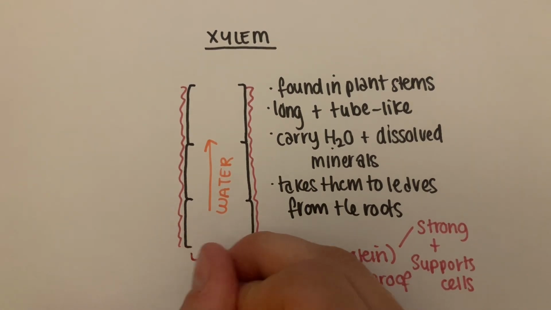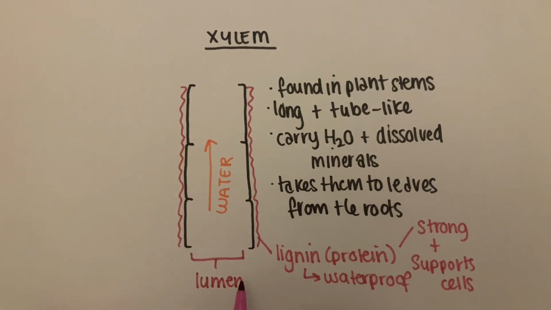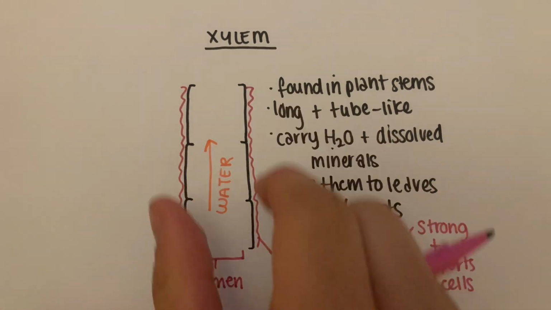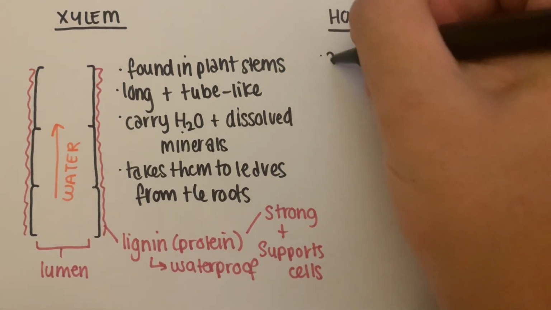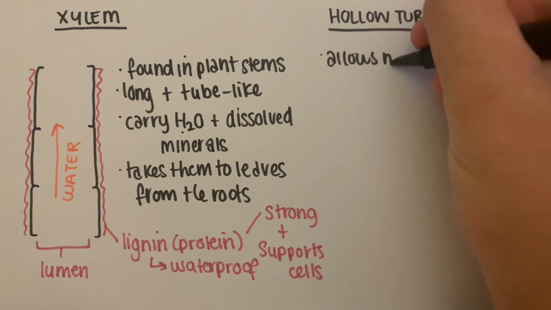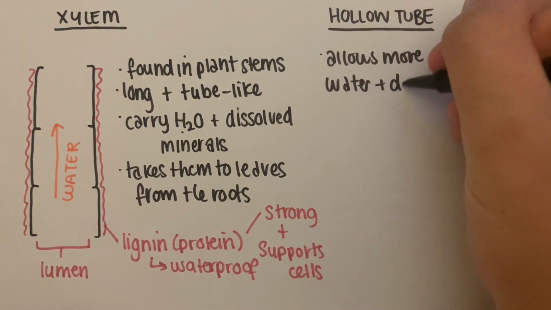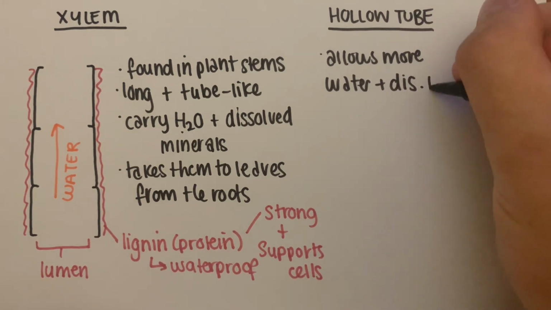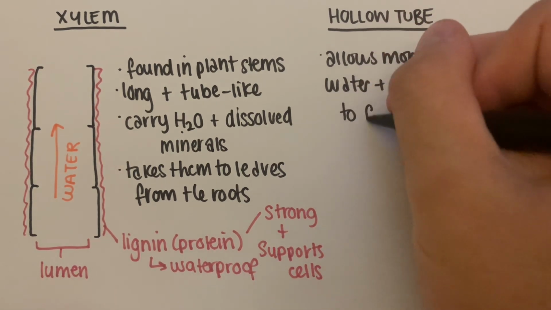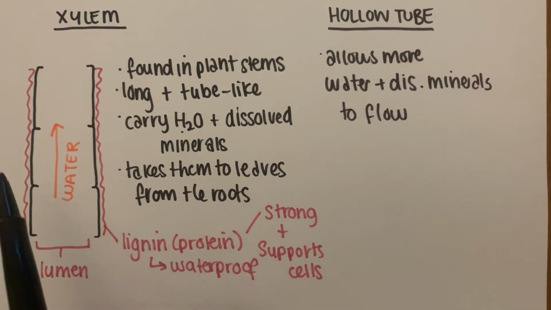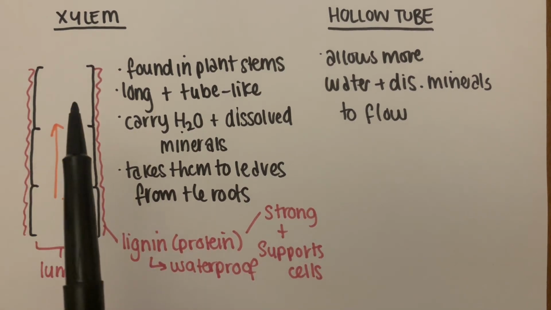And this hollow tube can be referred to as lumen. It's got a large lumen, and lumen just means the thickness of the tube. Now the reason why this tube is supposed to be hollow is that it allows more water, and I'll put dis for dissolved minerals, to flow. So the reason why there's no internal structures, and there is a bit of cytoplasm in these cells, guys,